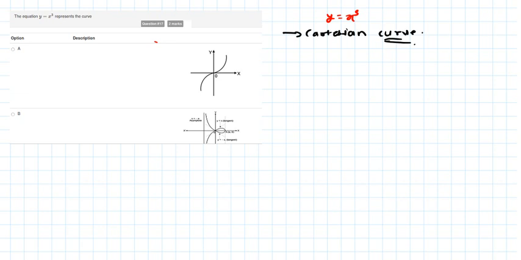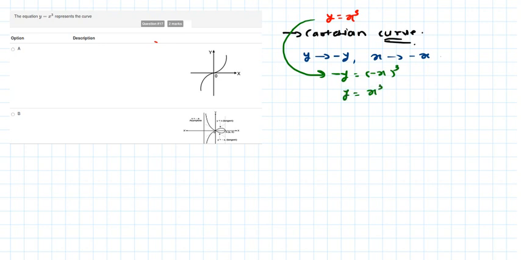If you replace y by minus y and x by minus x, then see what happens. I still get the same equation. This means the equation remains unchanged, which means the given curve will be symmetric in opposite quadrant,